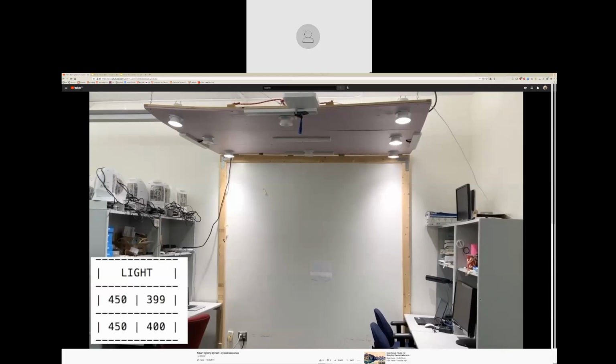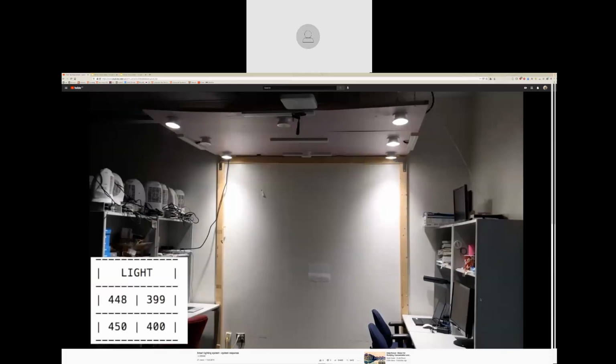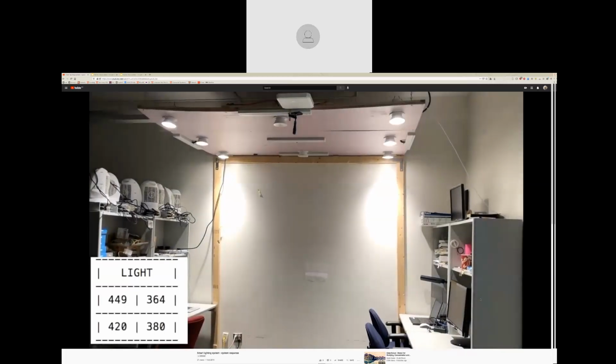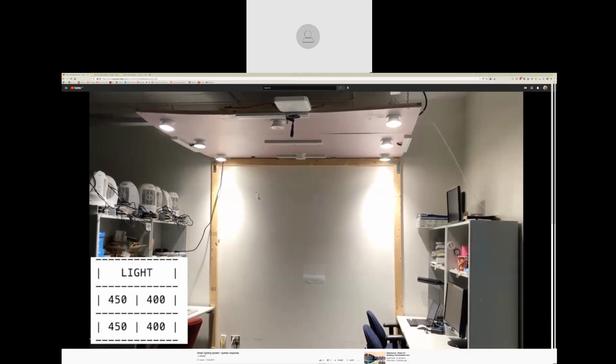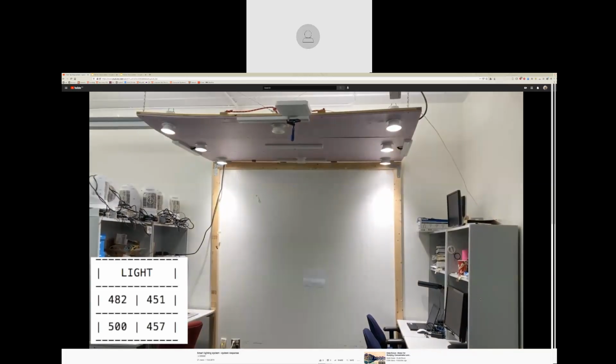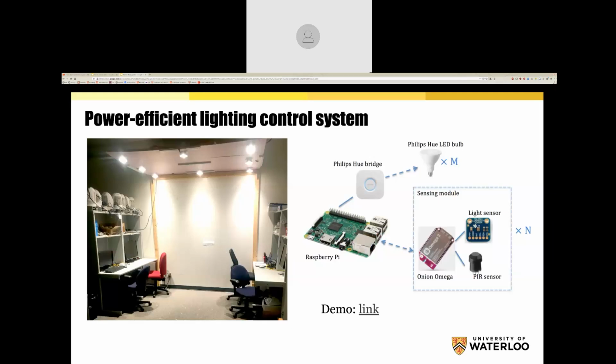And then here we want to show that different people have different preferences. Some people want 450 on the left-hand side and 400 on the right-hand side. You can see the matrix, there are measured values of 450 and 400. When you have a sudden change, you turn on the lab lights, it takes a little bit to respond, and then it gets to the right level again. So this is an example of how the system works.